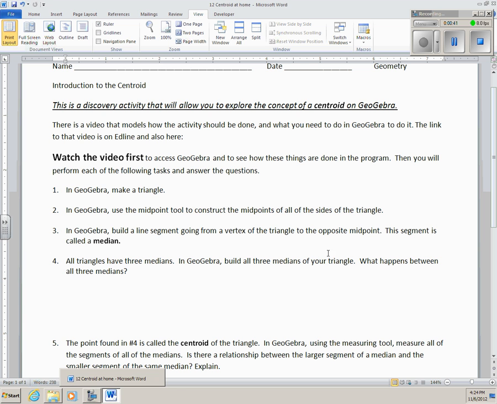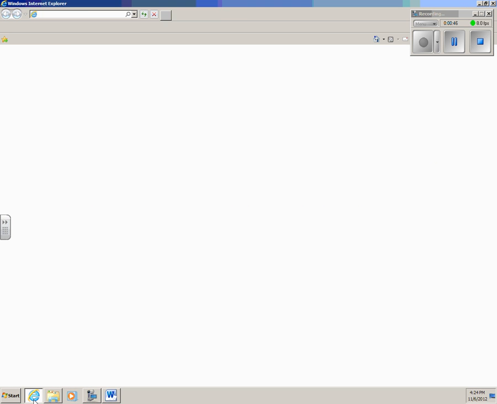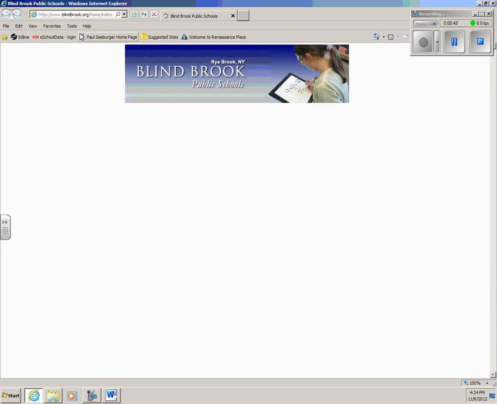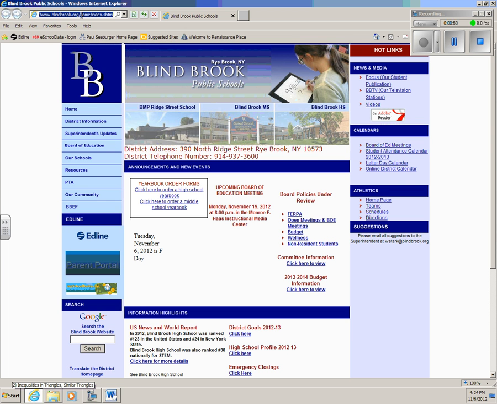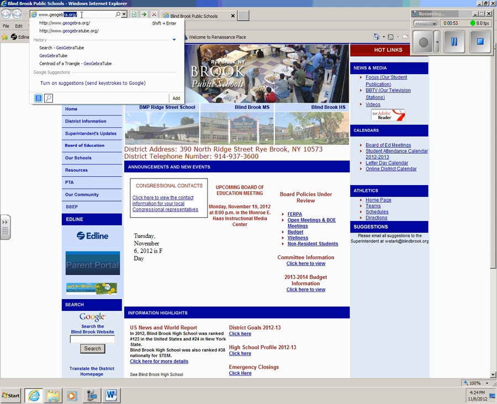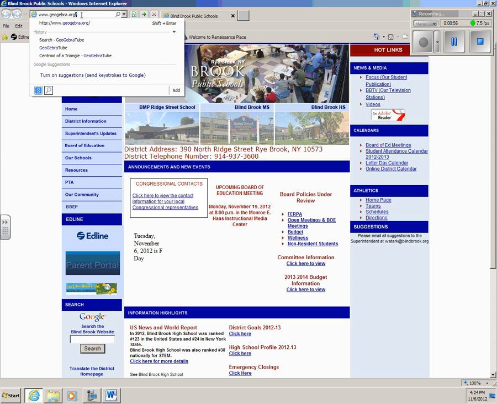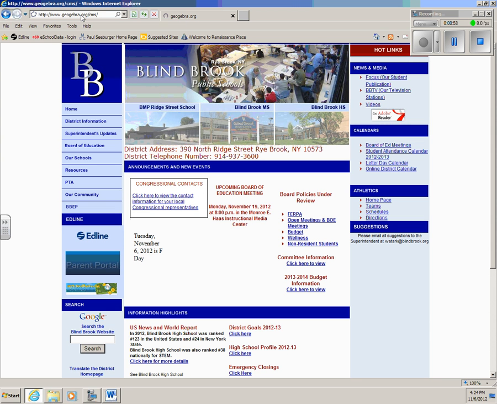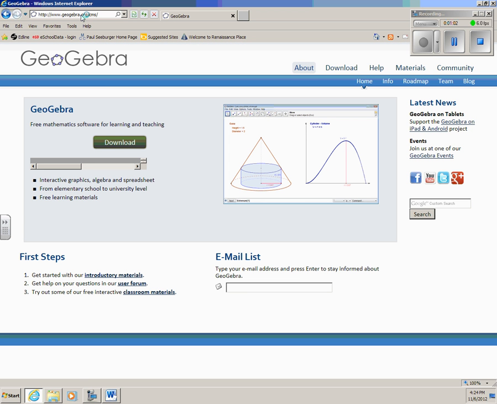So here's how you access GeoGebra. You open up your Internet Explorer, and you go to www.geogebra.org, and you press enter, and this screen pops up, and then you want to click download. So I want to click on download,